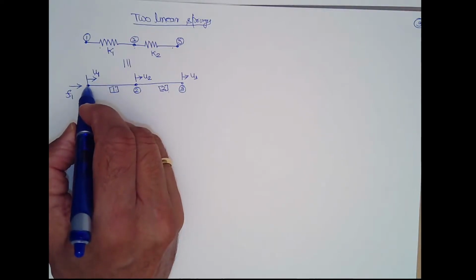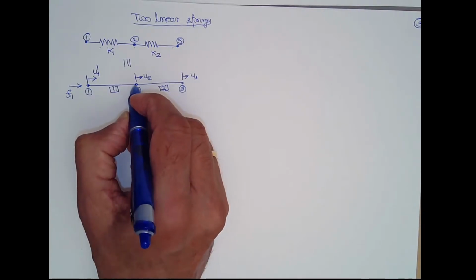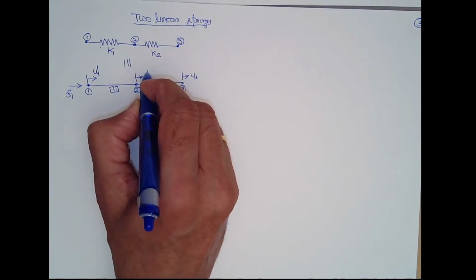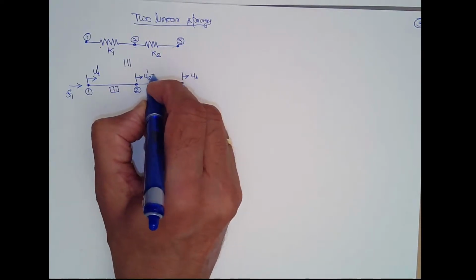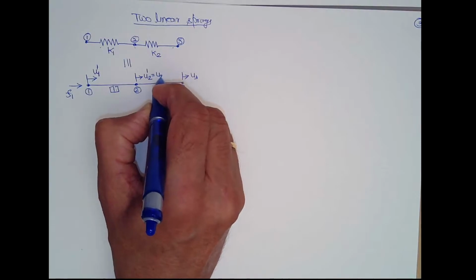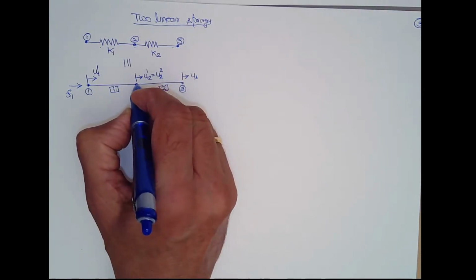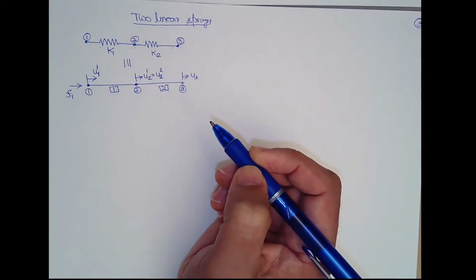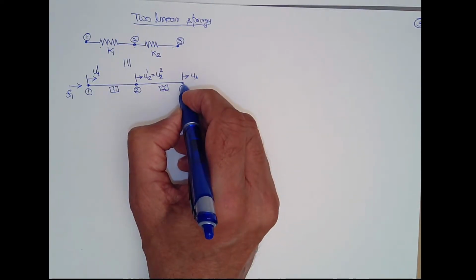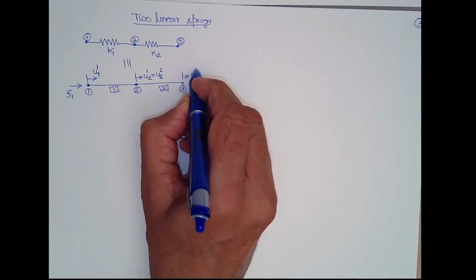Deformation of node 1 for element 1, deformation of node 2 for element 1, and of course there is only one node, so the deformation of node 2 for element 2 should be the same. Otherwise at one point we'll have two deformations, and that is not acceptable for physical deformation. So the displacement of node 3 is connected to element 2.